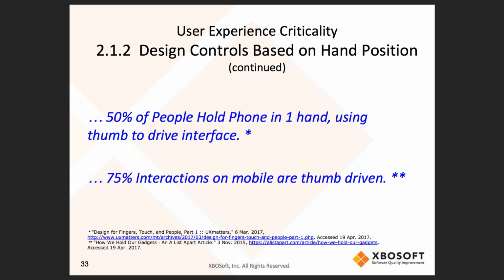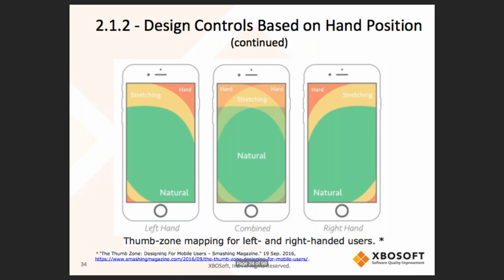So here's just a couple of layouts of an iPhone showing naturally if you were holding it in your left hand or your right hand or in the center, where you might be typing on a keyboard, and how your thumbs could naturally reach into the screen. And it also identifies obviously the hard to reach areas and the areas where you have to stretch. But you want to be working within the natural position as much as you can. Otherwise, it's just an inconvenience as far as the design of an application and its accessibility.